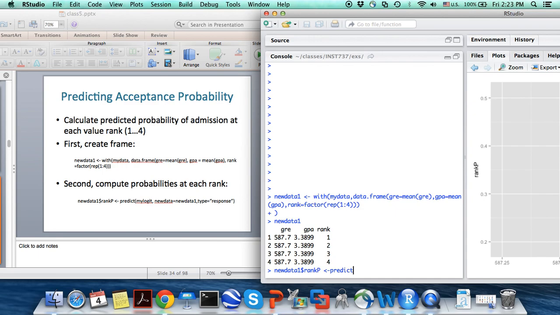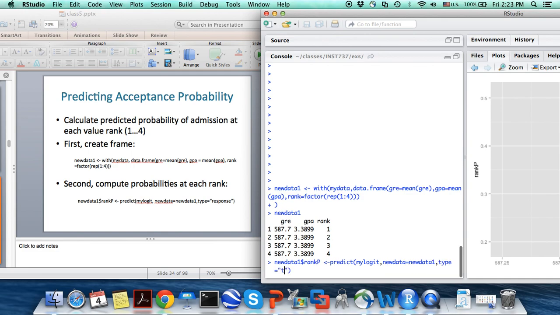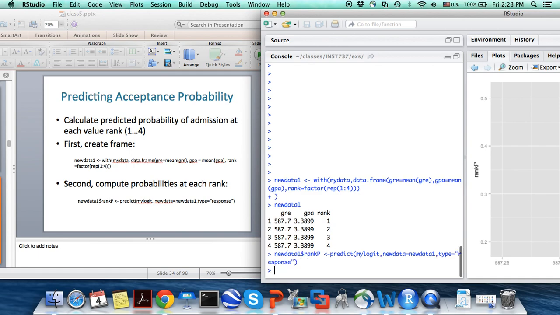We are adding a new column called rank P, and that rank P value is going to contain the probability that that student is going to be admitted. And basically that probability we can compute using the logistic model that we have computed, specifying that the input to the logistic model is going to be the new data and the type is going to be response. Okay, so if we take a look at new data $1 rank P,